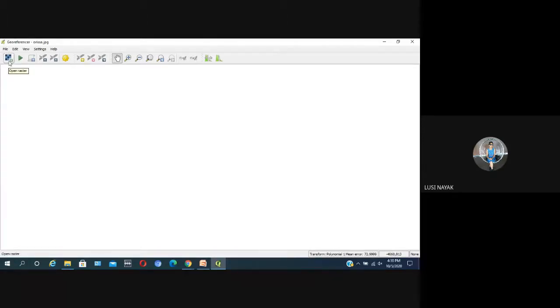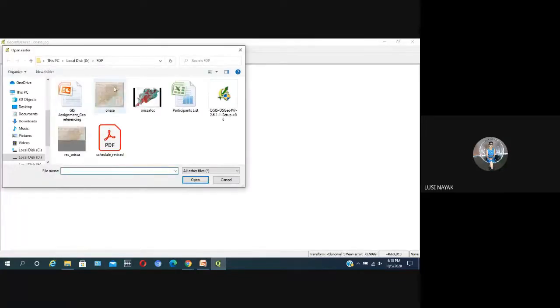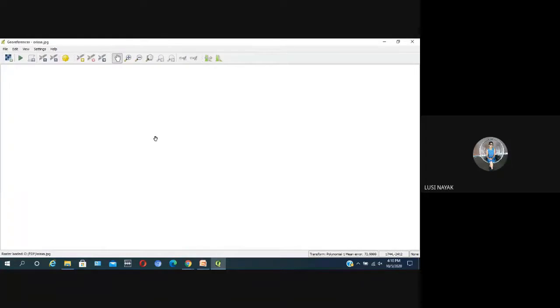Open your raster image, select it and open it.